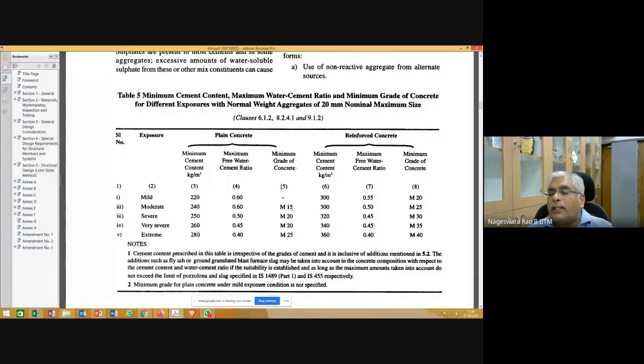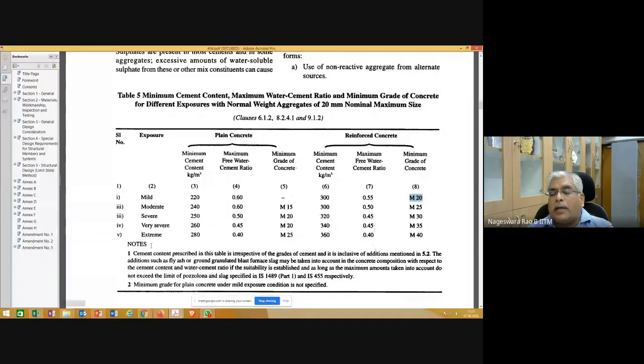Yesterday I told you what this M is, and what that number is. M15 stands for mix; M is for mix, and 15 is for MPa, the compressive strength of concrete after 28 days, which should be 15 MPa. So the minimum grade of concrete for reinforced concrete structures under mild exposure conditions is M20.